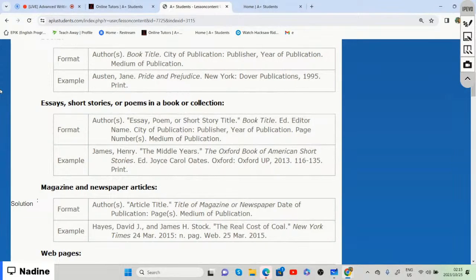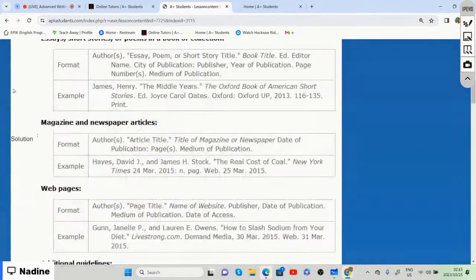And then we can also cite magazines. Because remember, we can also get information from magazines. We can get information from newspapers. And there we also have an example of a magazine as well as a newspaper, which is basically the same when it comes to citing. So with magazines as well as newspaper articles,